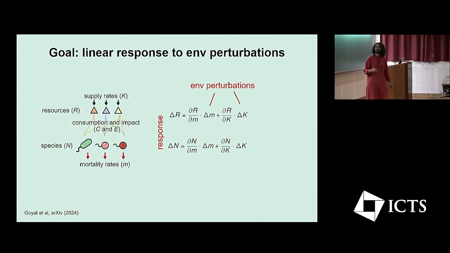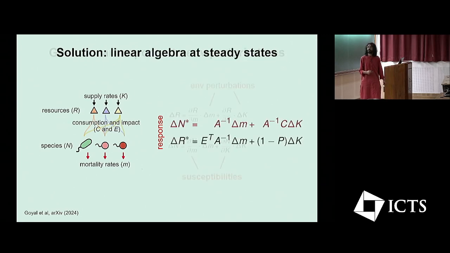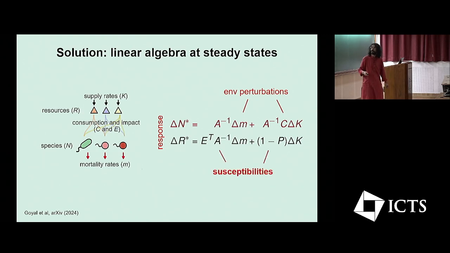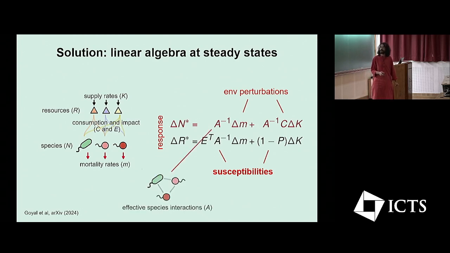And we know that for any linear response theory, the key objects that we need to compute are these things that we call the susceptibilities or the responses. And in principle, this is going to be a 2x2 block matrix, right? And so, for this model, it turns out that the steady states are linear. And so you can do straightforward linear algebra by inverting this 2x2 block matrix to end up with what these responses are in terms of these environmental perturbations. And so what I mean to say is that you can calculate these susceptibilities exactly.